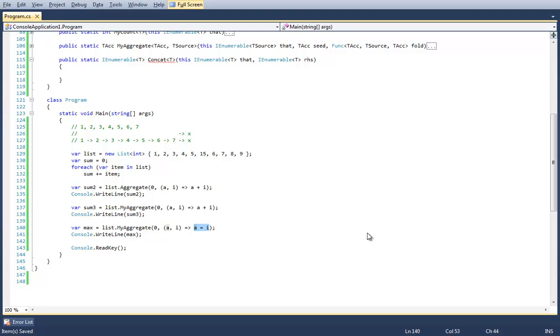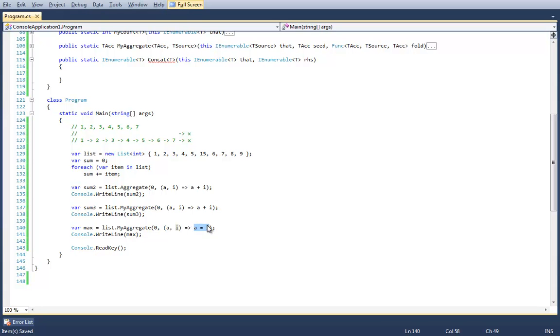But I want to point out that the reason this compiles is because assignment operators in C# evaluate to an expression. So A equals I will set A to I, and then return that value.